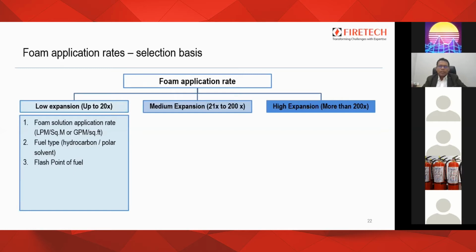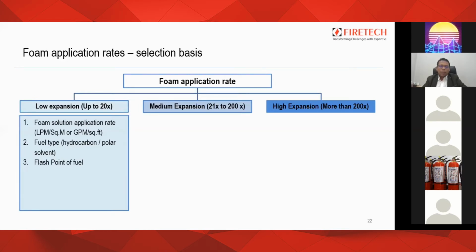Then the second consideration is what is the fuel type, whether it is hydrocarbon or a polar solvent. In most of the cases, when we have done some case studies or review of specifications, we have found that in some cases there were polar solvents which are protected by using just the AFFF foam. And to be honest, if you apply AFFF foam, it is not going to extinguish a polar solvent. No foam will be formed because the alcohol drains the foam completely. So fuel type consideration is very important, of prime importance rather, I would say.